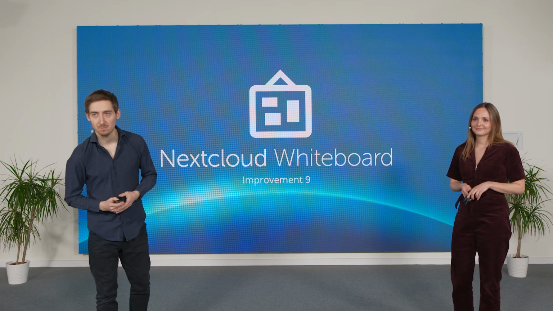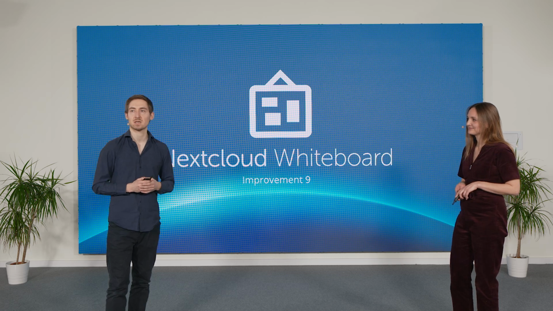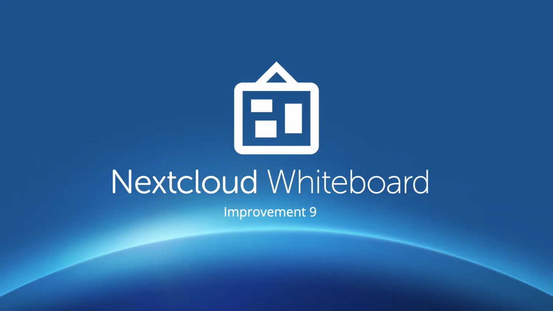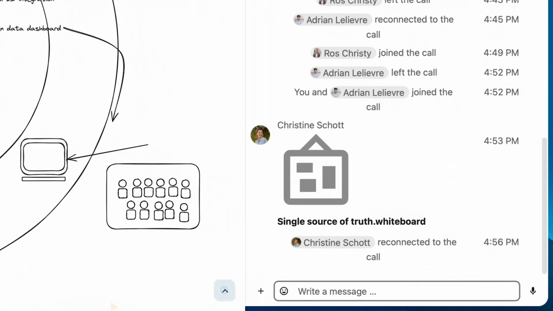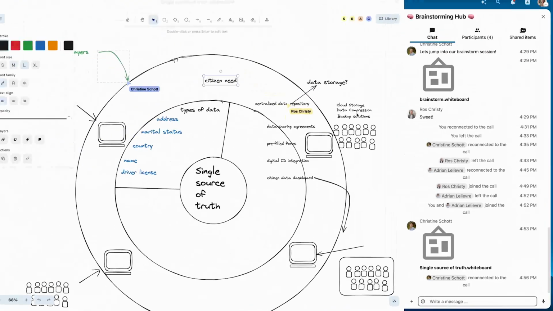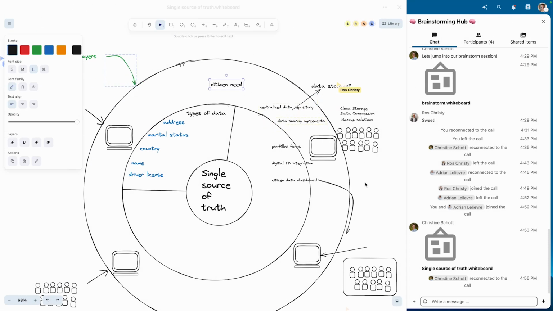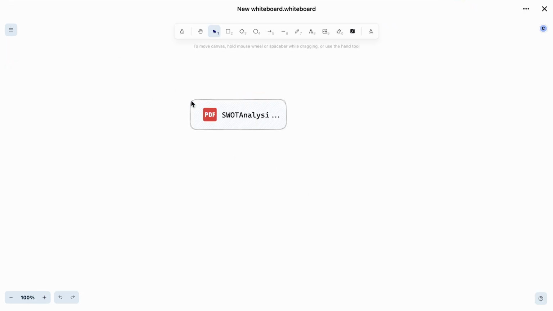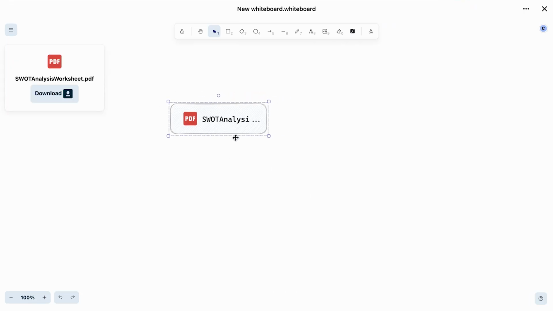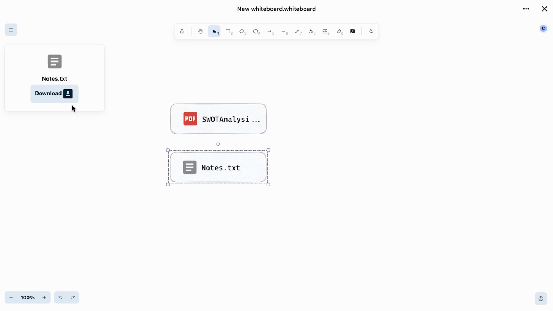Let's move on to Nextcloud Whiteboard, a collaborative sketching app in Nextcloud Hub that we released recently. It integrates seamlessly with Nextcloud Hub applications, offering visual collaboration in real time, for example, during meetings in Nextcloud Talk. With Nextcloud Hub 10, Nextcloud Whiteboard allows to upload files other than images, making it easier to exchange assets and